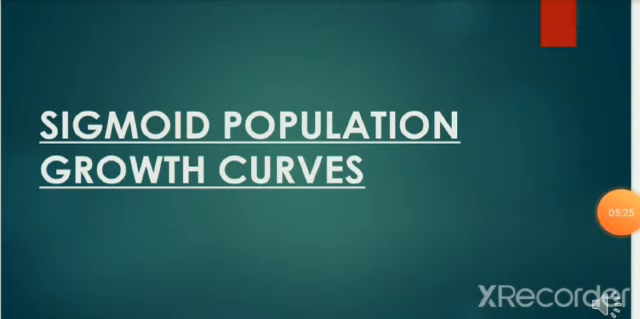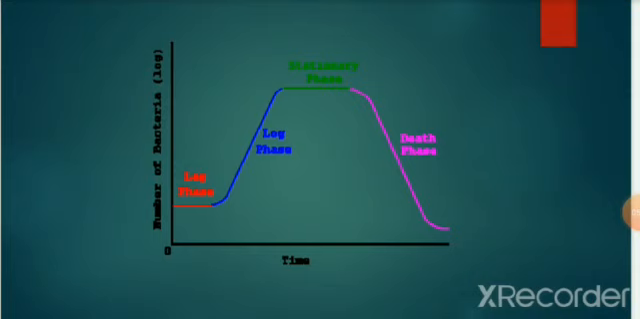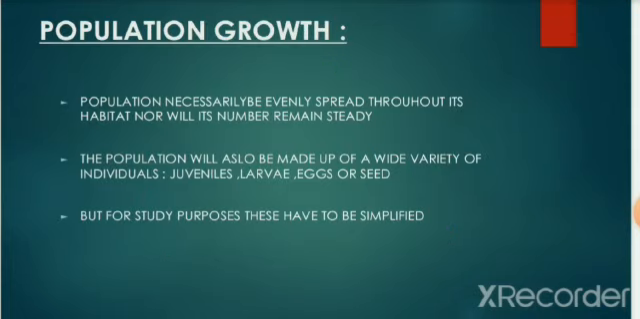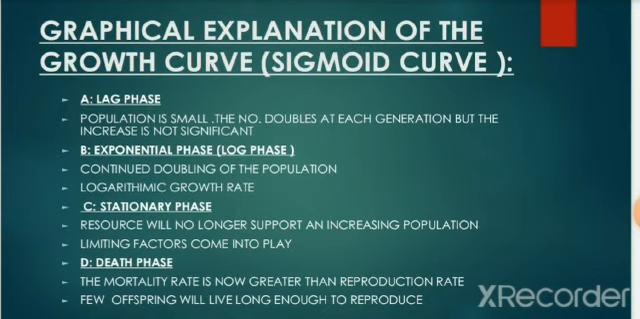The second measure is the sigmoid population growth curve. As we can see in the graph, there are four phases, and the S-shaped sigmoid curve is explained by these four phases. But for this purpose, we would first need to know about population growth, that there might be no stability in each habitat, and there might be a wide variety of individuals such as juveniles, larvae, eggs, or seeds. But for study purposes, we just simplify them into four major phases